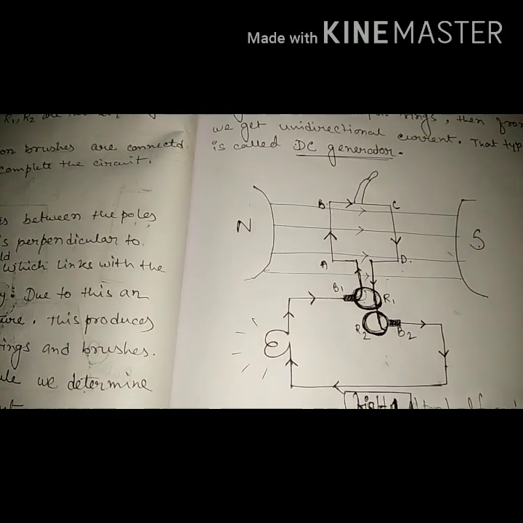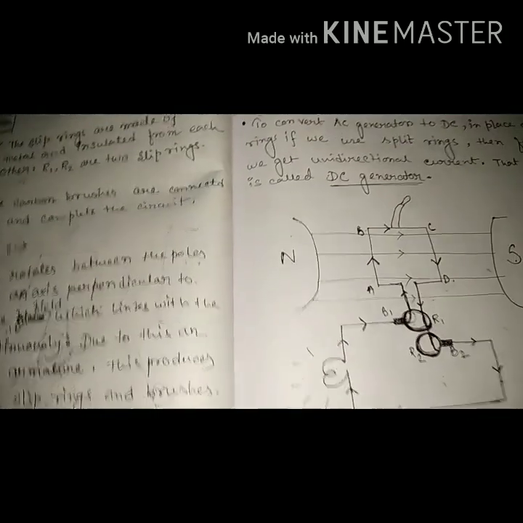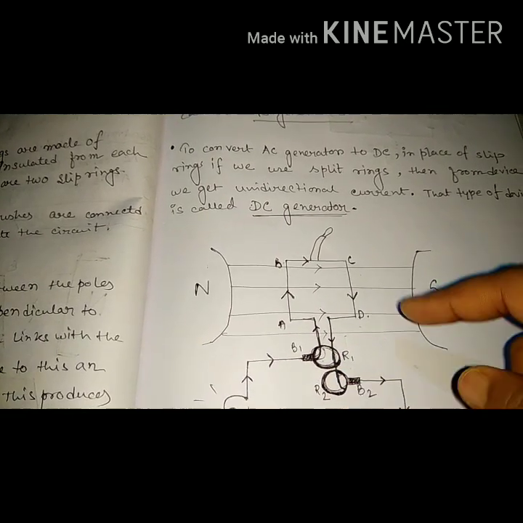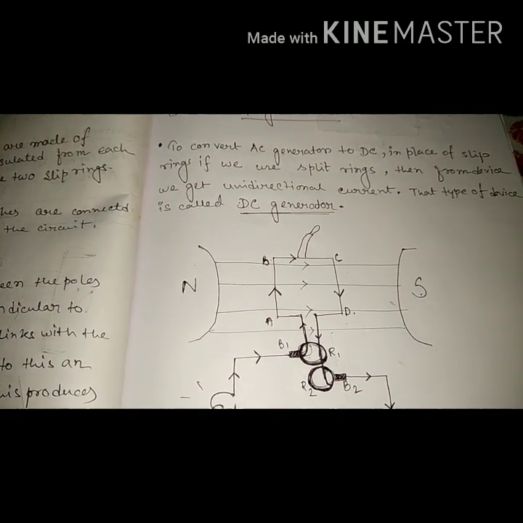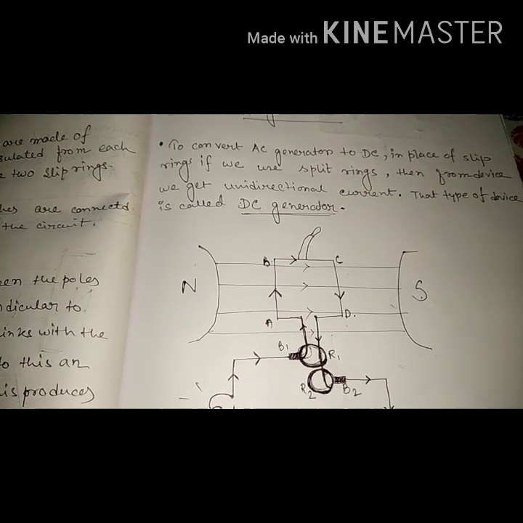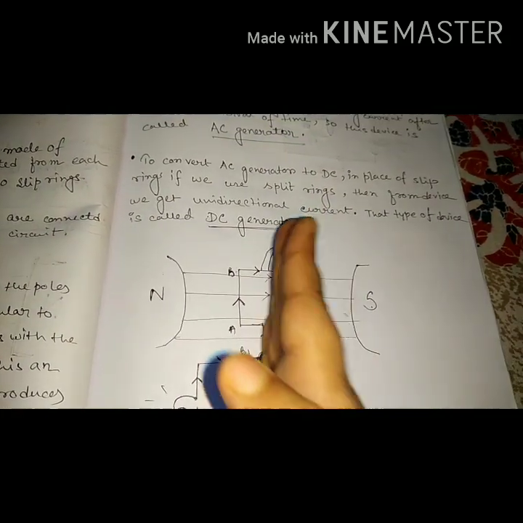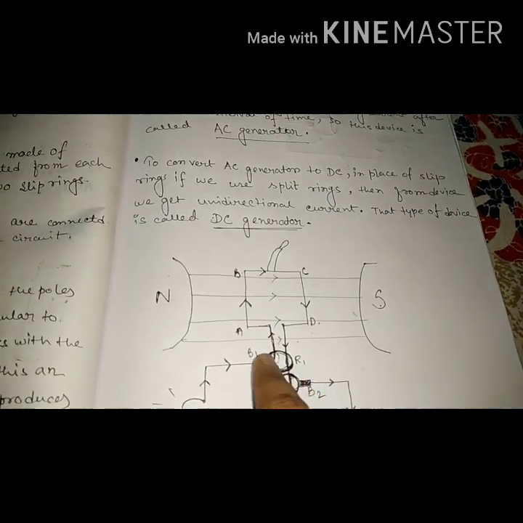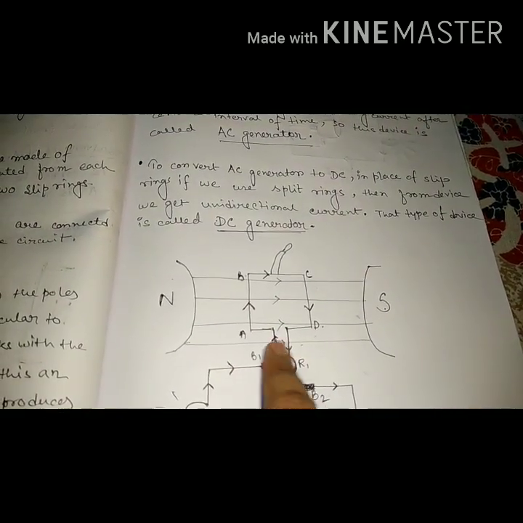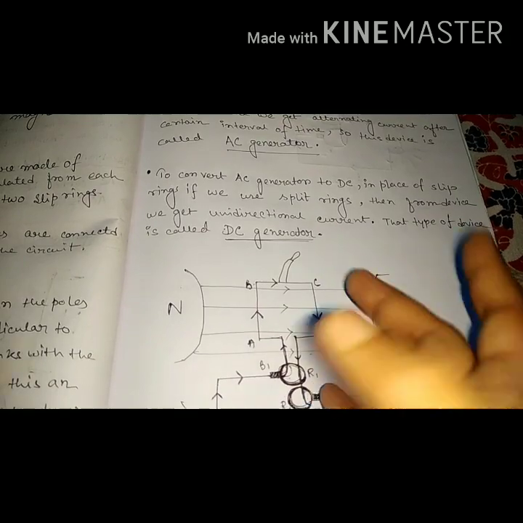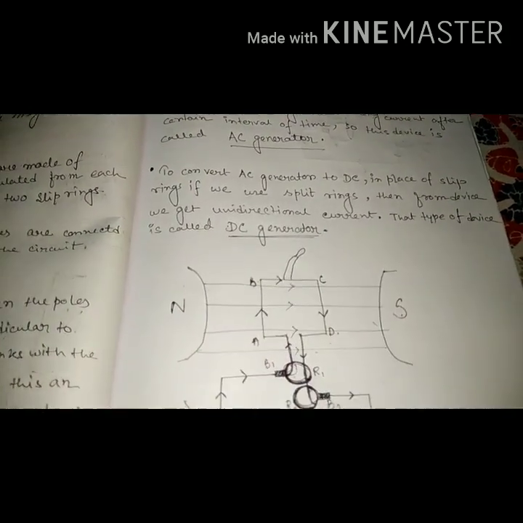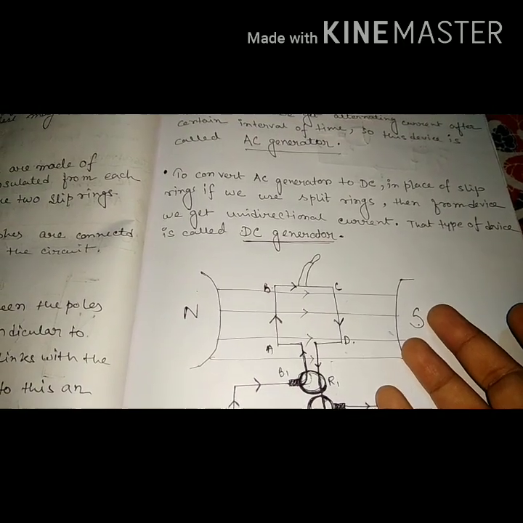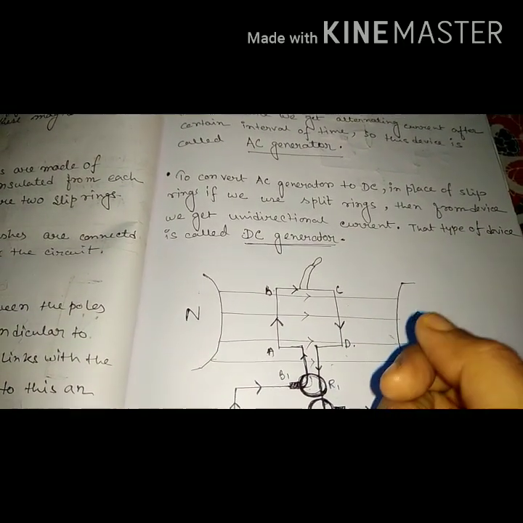So now what is the difference, how can we convert it to a DC generator? It's just simple. In place of a slip ring, if you use split rings, the same ones we used in the case of a motor, split rings, if we cut any circle in both halves, that is a split ring. Attach the split ring over these two sides A and D, then it gives a DC generator, giving one direction of current.